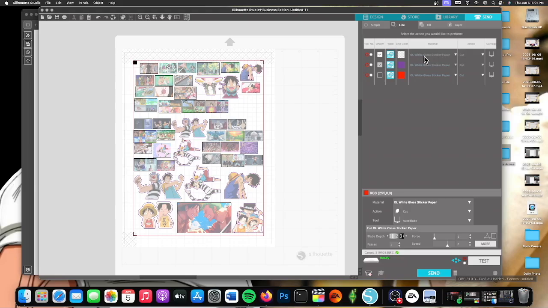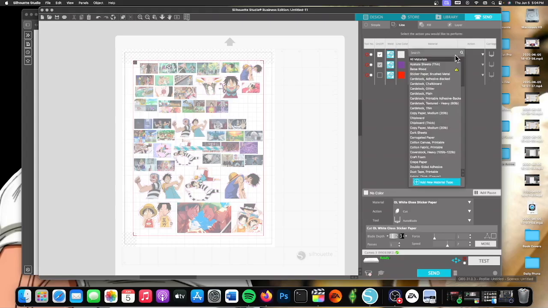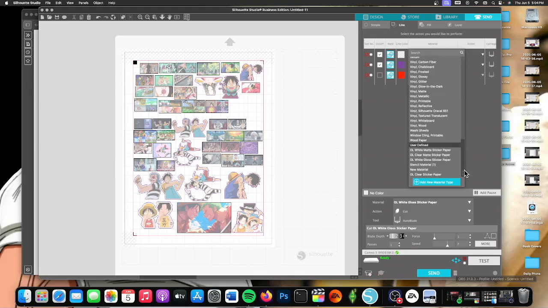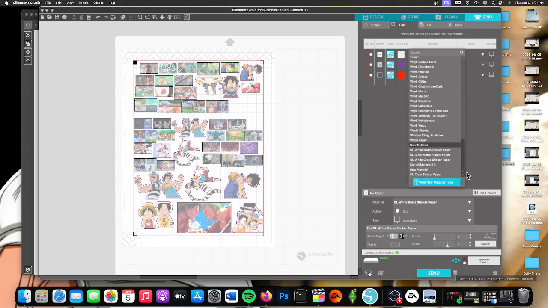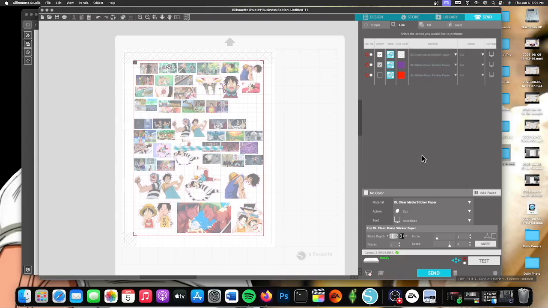As you can see, the last thing I did in here, I was using gloss sticker paper, so I definitely need to change this so the cut settings will be right, and change it to the clear matte sticker paper. And you can define all of that down here for yourself. So if you don't have it up here, there's a way you can go in and define that. If you do this, like add new material, you can add what it is and all the cut settings that you need. I'm not going to go through that here because that's a whole different ball game and not pertinent to this. So I'm just going to come down here and select clear matte sticker paper for this cut,